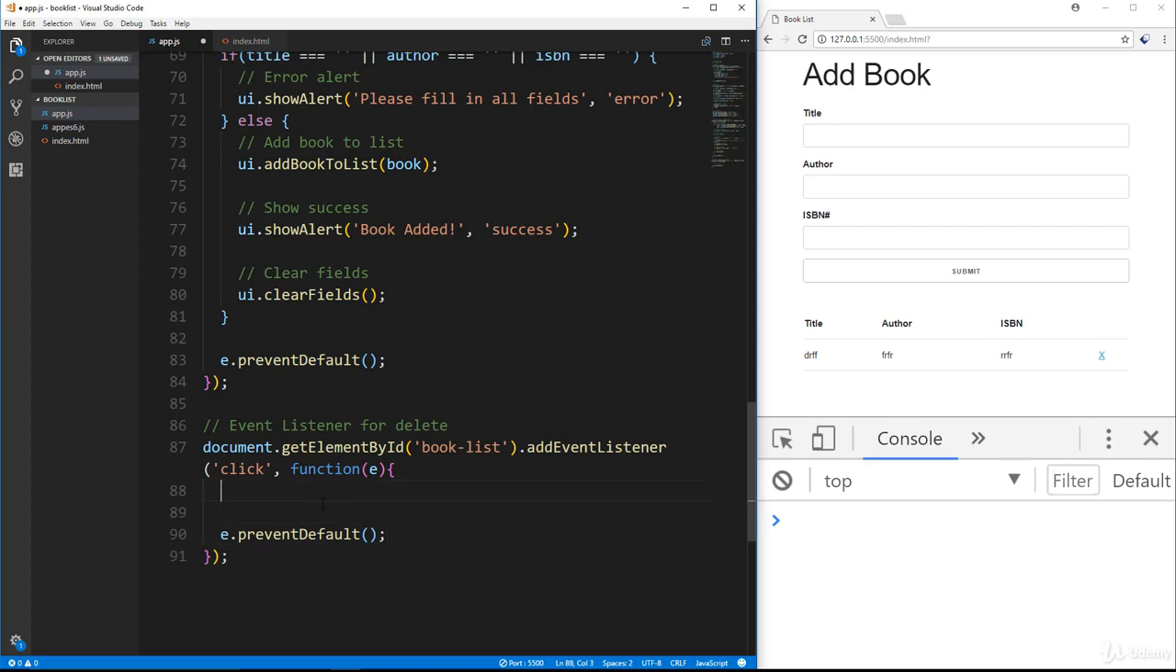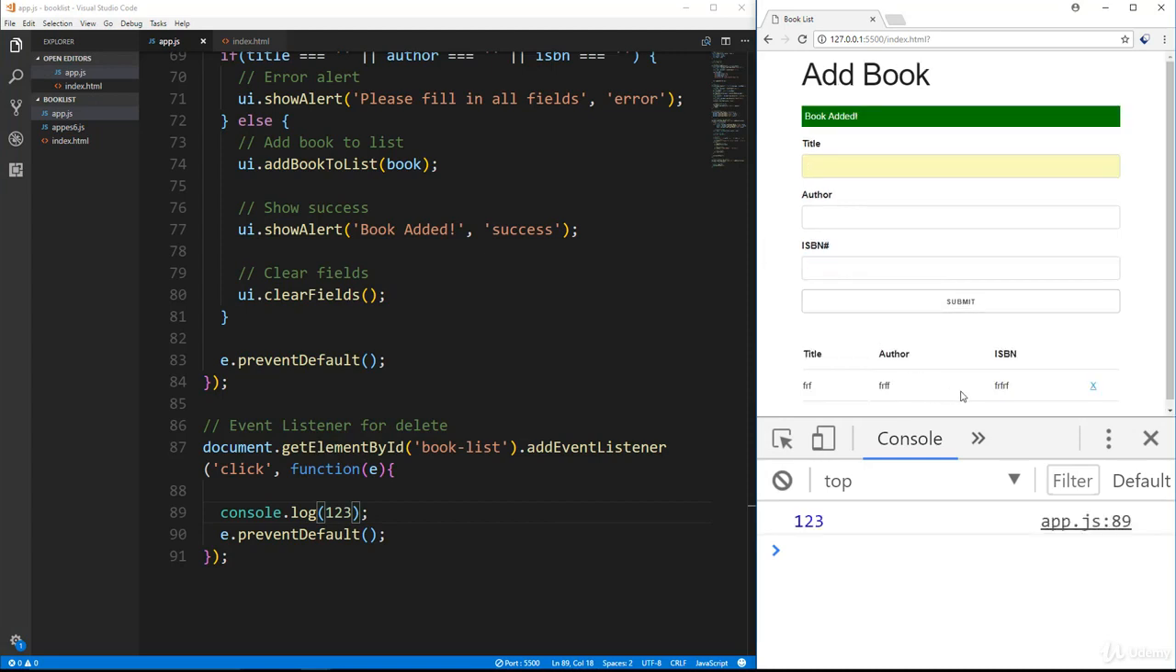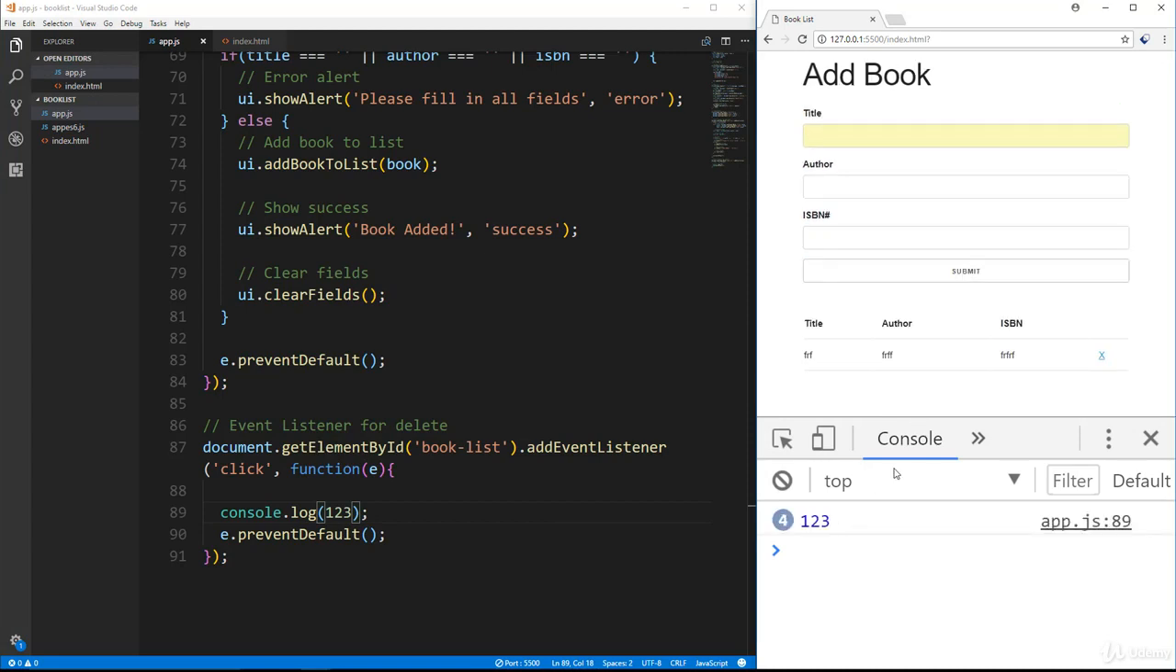Okay, now if we were to console.log 1 2 3 and we had a book, and I were to click anywhere in here, you'll see we'll get 1 2 3. So what we need to do is target this delete. Now we're not going to do that here, we're going to do that from within a prototype method of the